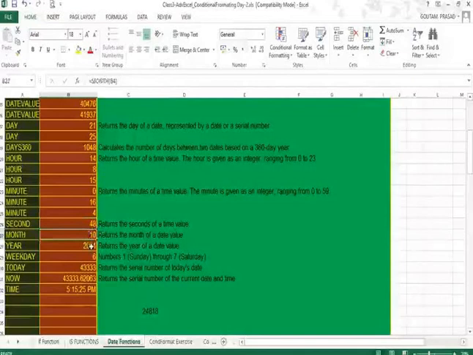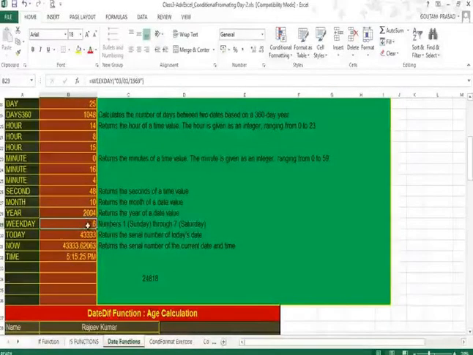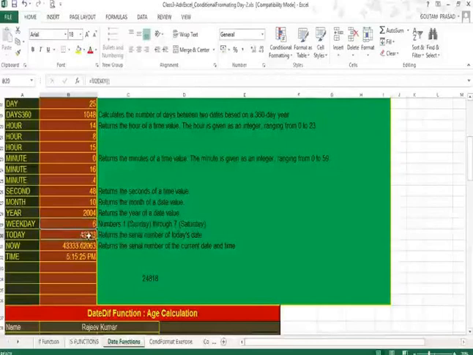Similarly, MONTH is a function that will take out the month part of the date, and YEAR is a function which takes out the year part of the date. Similarly, WEEKDAY is a function which tells us what day it is on a particular date. So it gives you a number between 1 to 7. 1 is Sunday and 7 is Saturday. So this way you can understand which day it is.